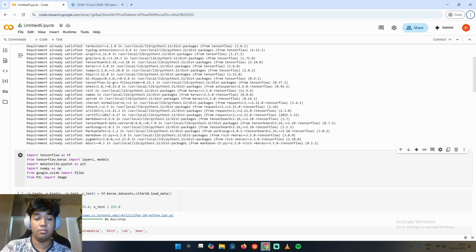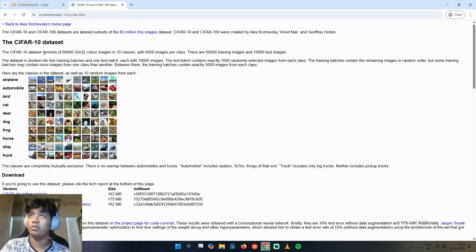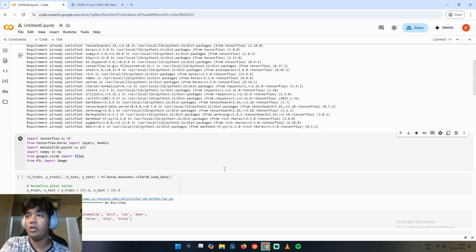So we have made the objectives such that users can upload their own images and the CNN would be capable enough to tell the result. Now to train the CNN, we have used the CIFAR-10 dataset, which is very widely used in this domain, and here it is. It consists of 60,000 32 by 32 color images in 10 classes, which are airplane, automobile, bird, cat, deer, dog, frog, horse, ship, and truck. The dataset is split into 50,000 training images and 10,000 testing images, and each image is 32 by 32 pixels. So now we would be going on to our